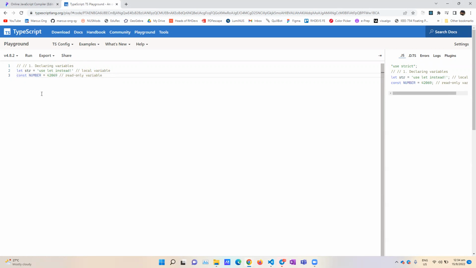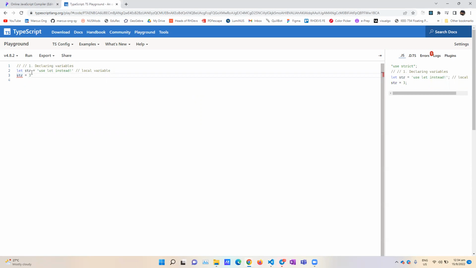Then afterwards, you can assign it to a number or so. For example, let's say you have let str equals to something. Then if you decide to make str a number instead, in JavaScript that will be allowed, but in TypeScript,